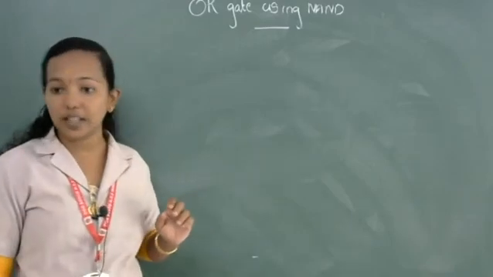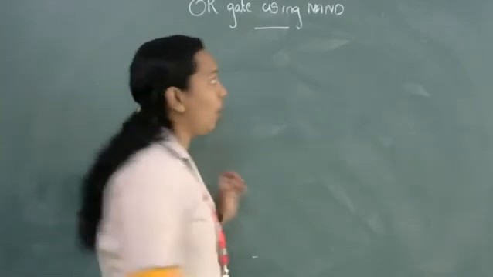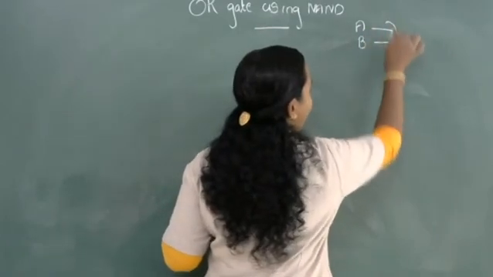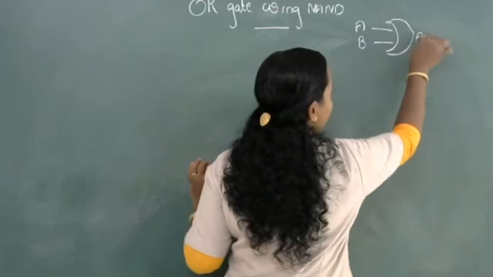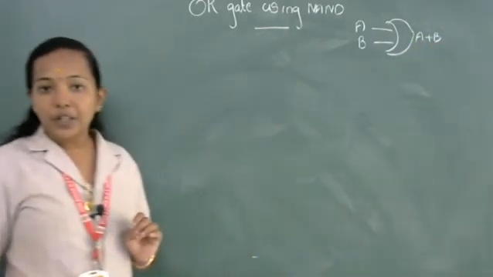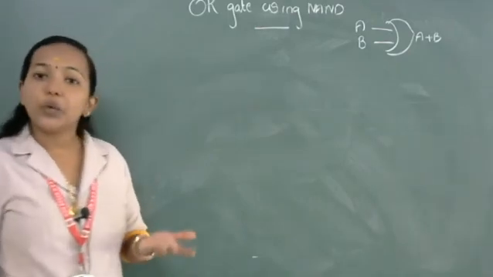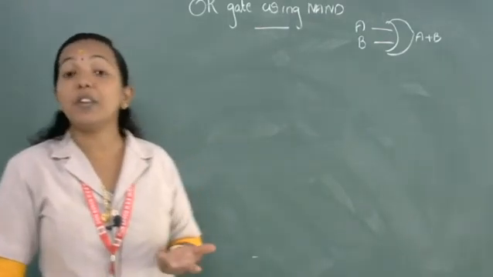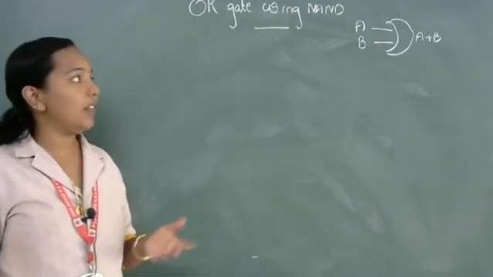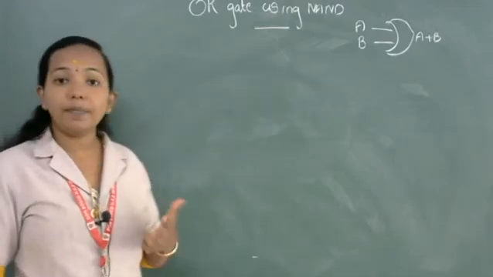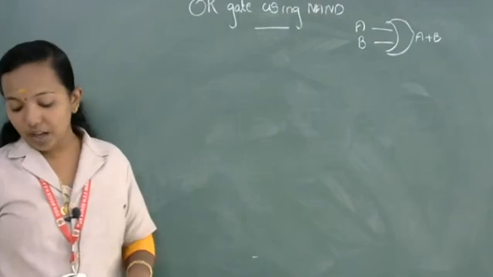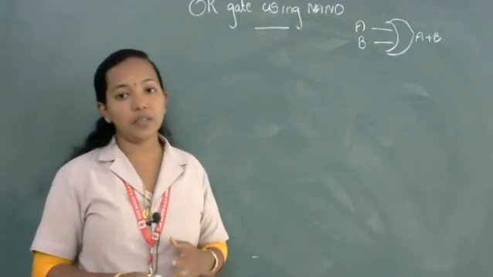So you know the logic circuit diagram, how we are representing OR gate. If A and B are two Boolean variables, after OR gate we will get A plus B. But you know, using NAND gate, instead of A plus B, what we are getting? (A dot B) all complement. So how are we converting that (A dot B) all complement into A plus B? That is our next topic, how we are representing OR gate using NAND.